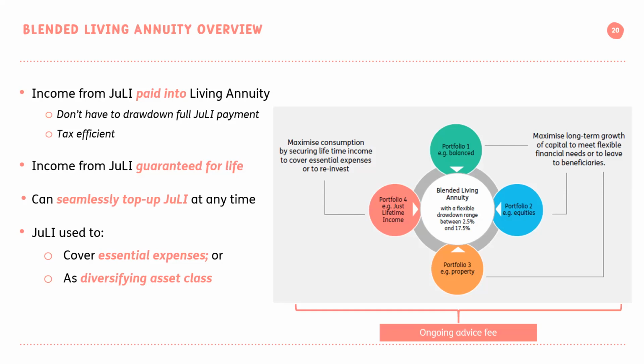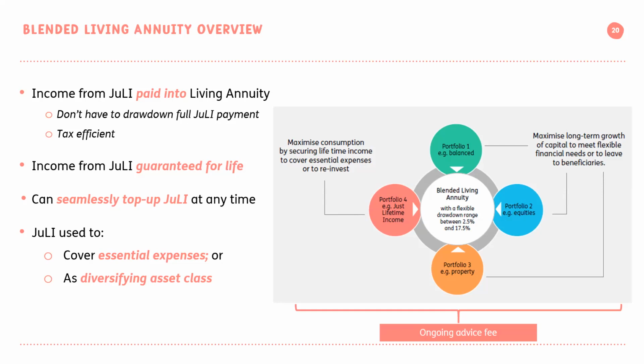Which means if you want to purchase further guaranteed income, you've got to transfer the full amount of your living annuity out into the guaranteed life annuity. So this solution is quite useful and allows for dynamic planning where you can top up and purchase tranches over time. And also what's quite nice is the guaranteed lifetime income that's paid into the living annuity doesn't all have to be drawn down.